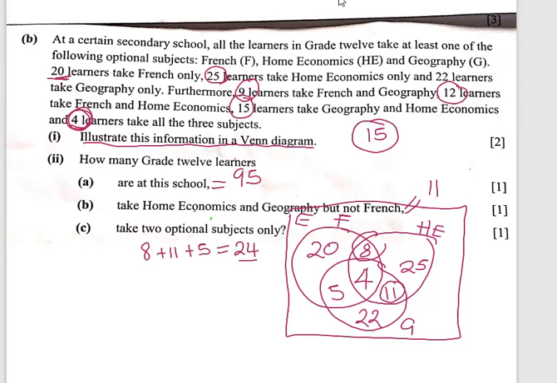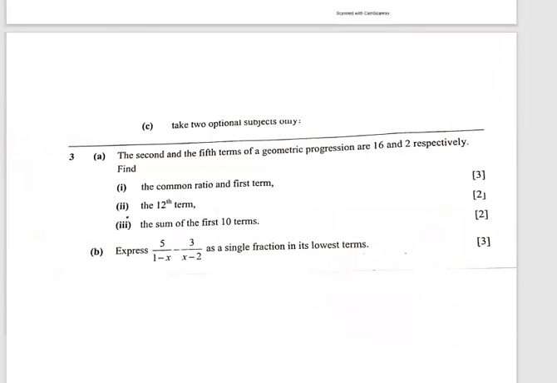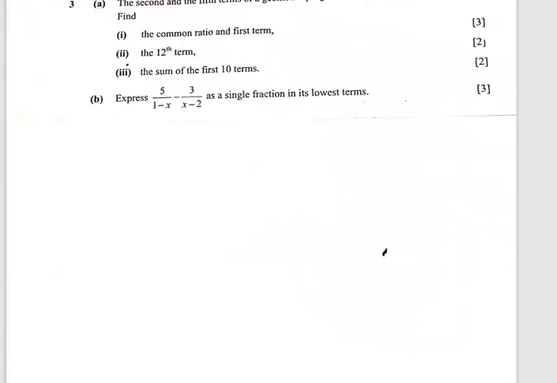24 is our answer here. Okay, unless otherwise, at this point, we are supposed to go to the next question. And the next question is,